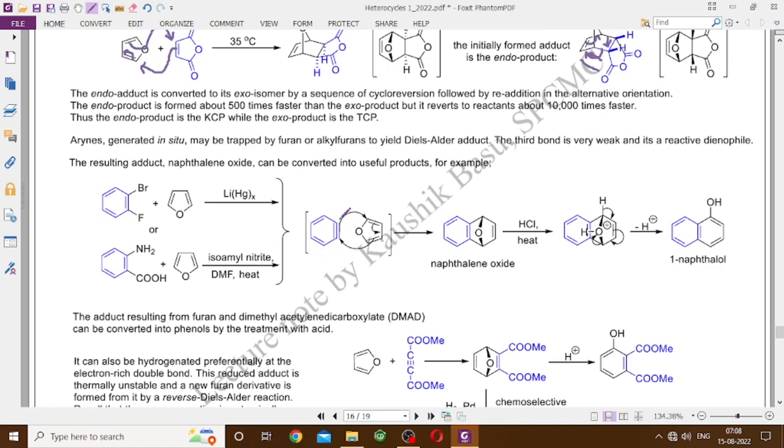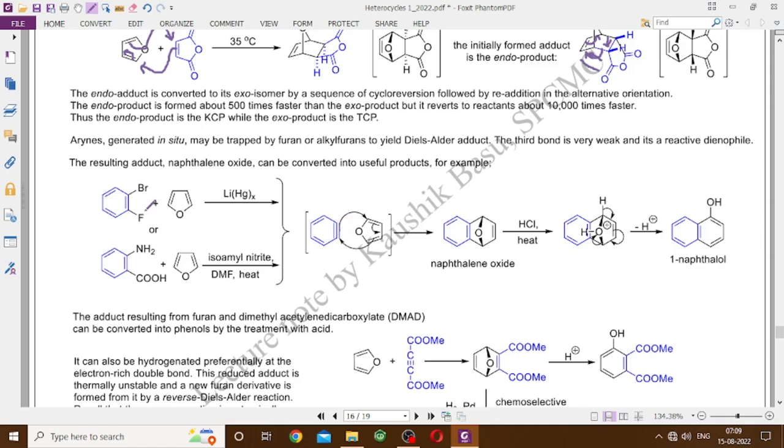This triple bond, being very weak, formed by the lateral overlap of two sp2 hybrid orbitals, where the orbitals are not exactly disposed to form lateral overlap, is an extremely reactive molecule and a very valuable substrate for this type of 4+2 cycloaddition. This can be generated either from anthranilic acid by diazotizing it, so that this becomes N2 plus and this becomes CO2 minus, and the corresponding loss of nitrogen and carbon dioxide gives rise to this benzyne,